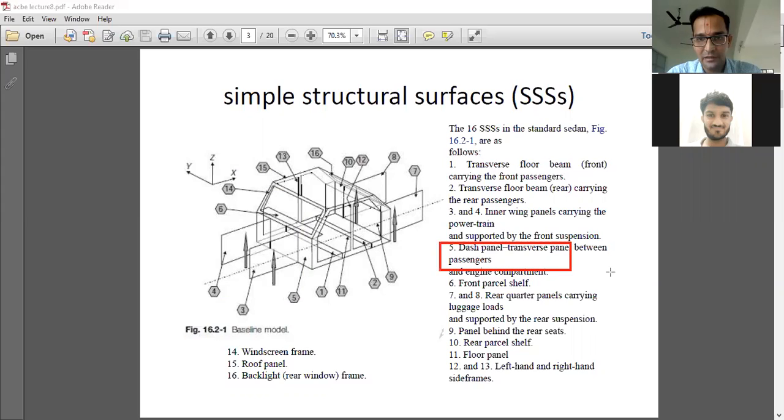In a similar manner, you have the other component, which is 9, the panel behind the rear seats. Whenever you have a frontal impact, this will save the driver and front passenger. And whenever a rear impact happens to any automobile, this will help save the passengers who are sitting behind, at the rear seats. Now we have a floor panel, which will help us to place our foot. You will be able to see it over here. This is the floor panel, if you can imagine.